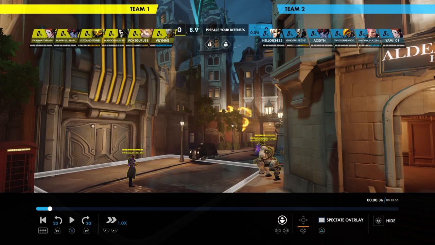Very suboptimal. The Orisa pick is not bad. Having a bunker on King's Row point A defense isn't bad. Zen pick isn't bad. Moira should most definitely be